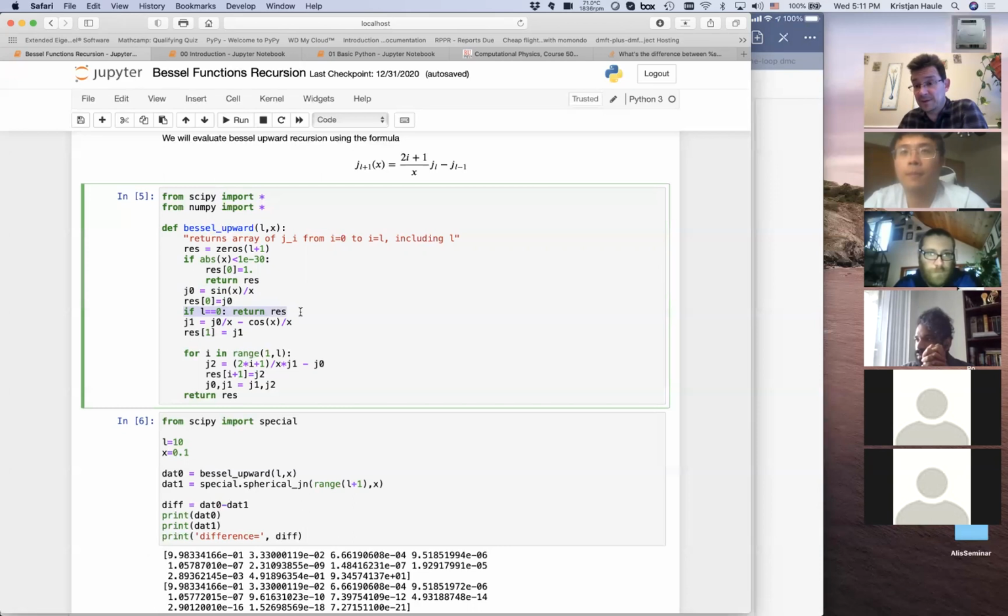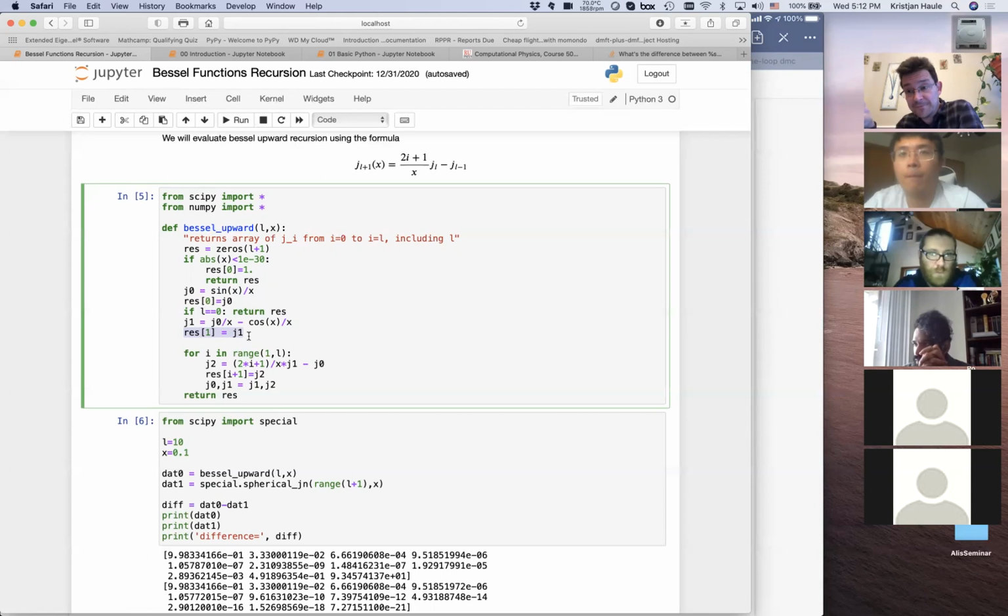Okay, we don't need to do anything else. However, if L is bigger than 0, then we need to do something else. What do we need to do? Well, then we need to evaluate J1 as well, isn't it? We can calculate J1, and analytically it is given as J0 divided by x minus cosine x divided by x. We know that this is the value of J0, J1, and then we set J1 into the right place in